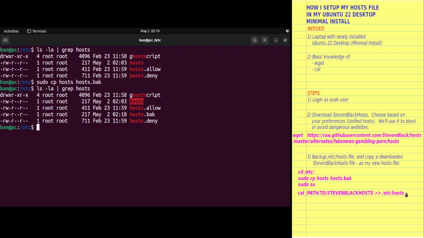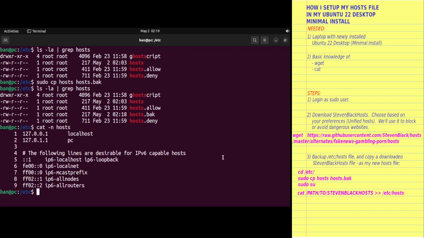But before that, let's check the content of our original hosts file by typing cat -n hosts. Here we can see that there are only 9 lines. So if we copy the contents of our downloaded hosts file and append it to our original hosts file,